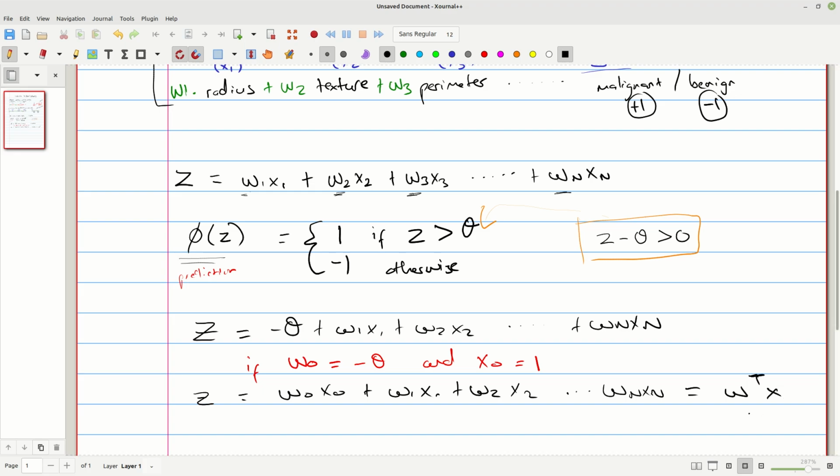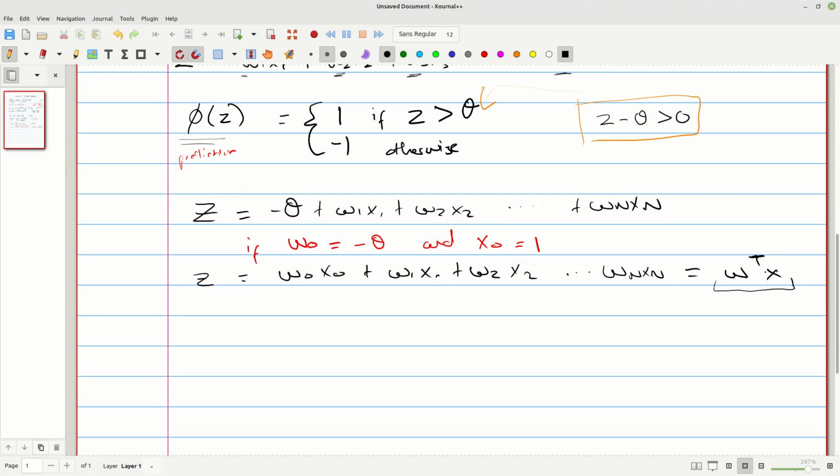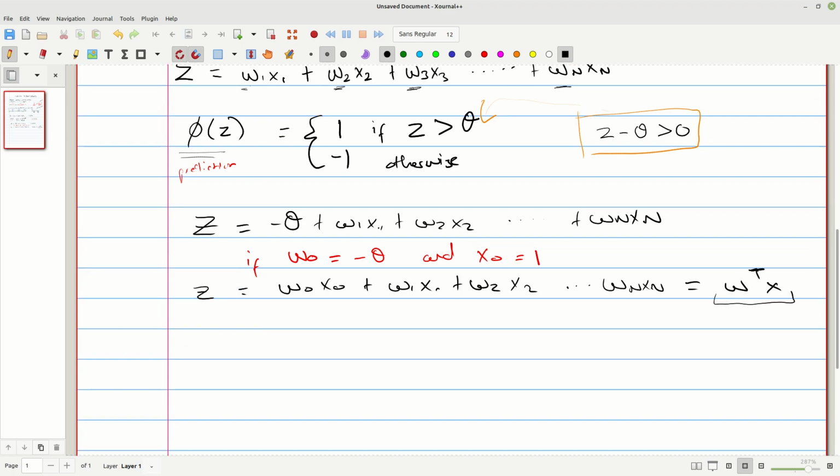So we can now write this in this vector form. We can compute this dot product of this feature vector and this weight vector. And we will realize the importance of this later on. It's actually quite efficient to do things this way rather than computing these multiplications in this fashion. But we'll dive into that later. And then we can rewrite this as phi of z, right, is equal to 1 if z is greater than 0, minus 1 otherwise, right?